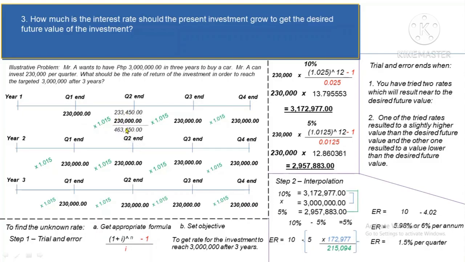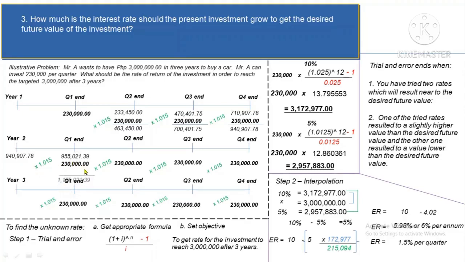233,450 plus 230,000. So that's 463,450. And then this 463,450 times 1.015 again, then you're gonna get 470,401.75 plus 230,000, you have 700,401.75 times 1.015, you're gonna get 710 plus 230,000, that's 940,907.78. So that's on the first year. On the year 2, the 940,907.78, that's the end of year 1, will become the beginning of the year 2 times 1.015, you're gonna get